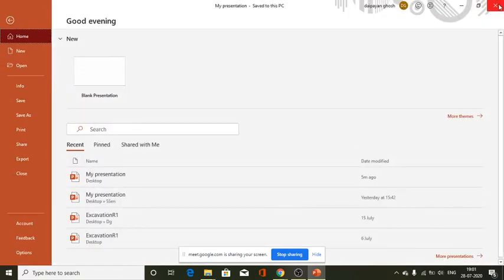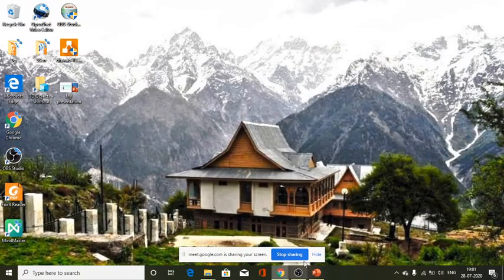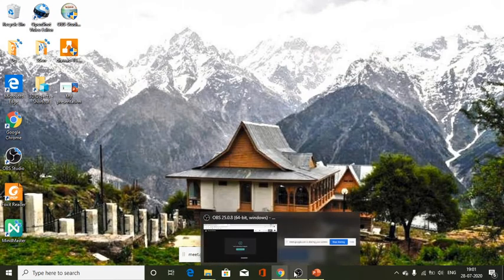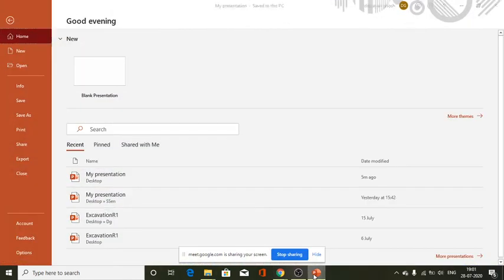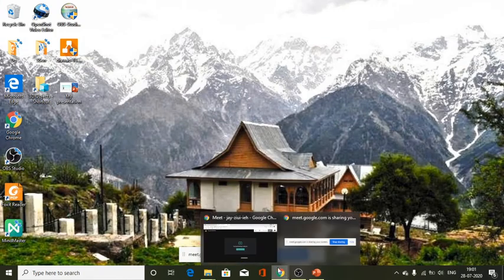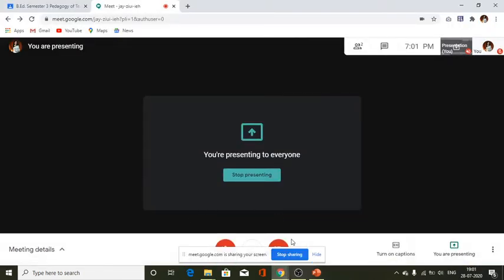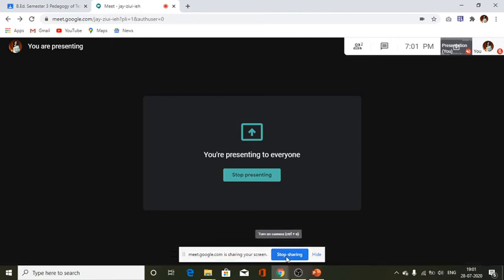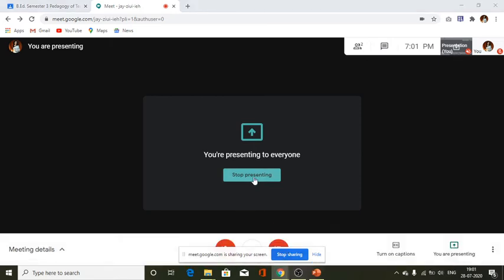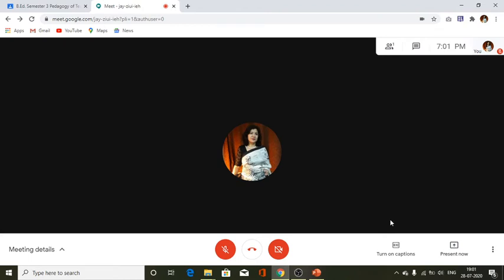So this is an excellent option, I believe, from Google Meet. When I have stopped presenting, I may stop sharing, and then it will automatically stop. So this is how I can share anything I want from my Google Meet.